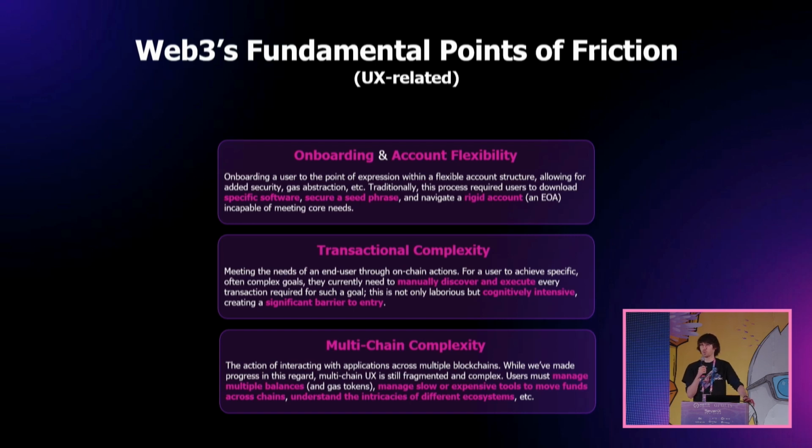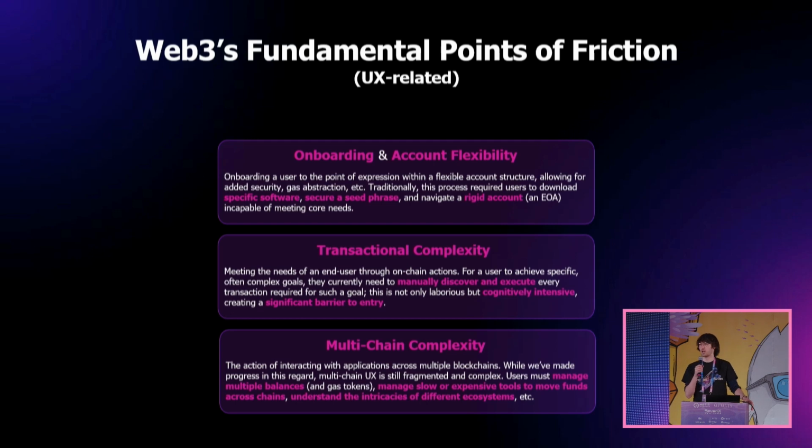Because today, interacting with Web3, especially when you're doing it across chains or across multiple applications, is incredibly complicated. Users are basically expected to manually discover and execute every transaction in a sequence of transactions to achieve a goal. So if I want to do A on chain A, then I want to do B on chain B, doing so could take 4 or 5 transactions and be pretty difficult for me as an end user to actually figure out and then execute. This is a major limitation. It's just a result of the rawness of interacting with blockchain today, and it's a pretty big barrier to entry for newer users or those with less technical acumen.